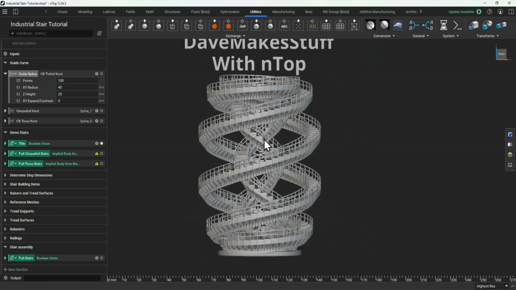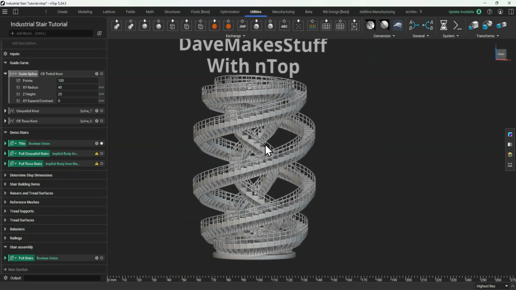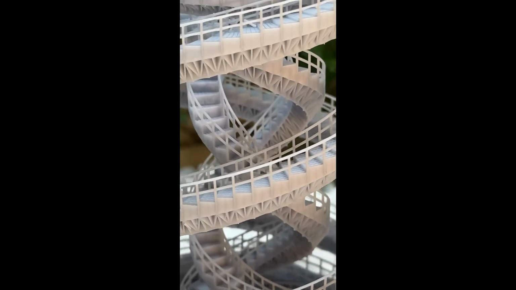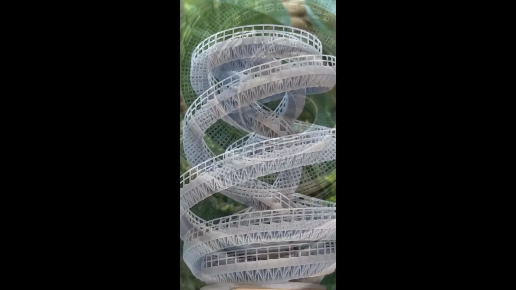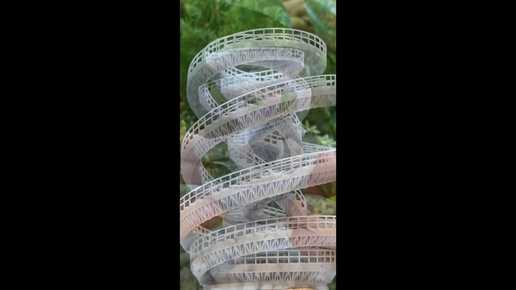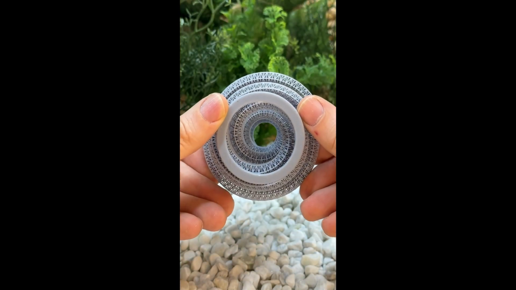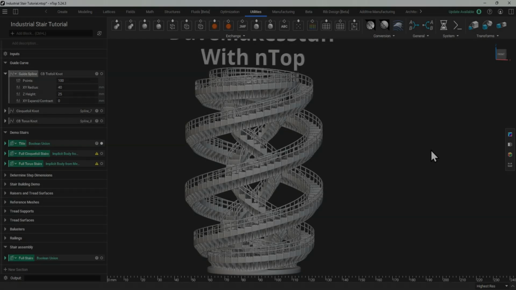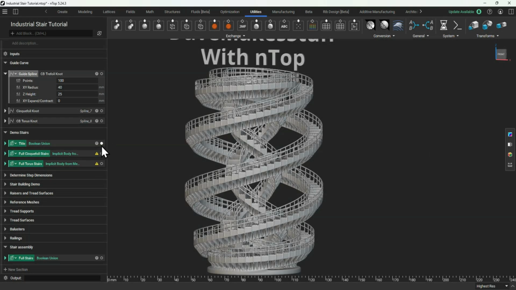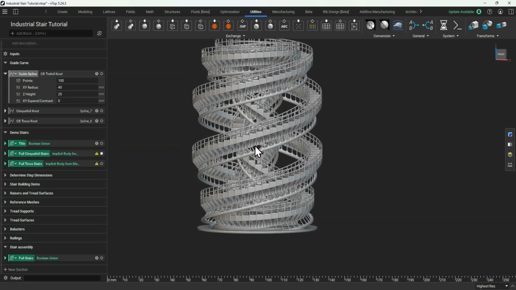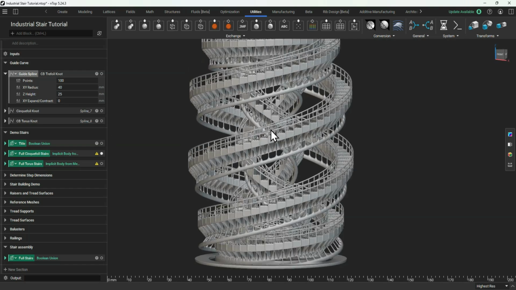Let me just show you a quick video of what this model looked like when I 3D printed it. So lots of fun to play with. Let me show you some other versions of the same print just to give you an idea of what's possible with this